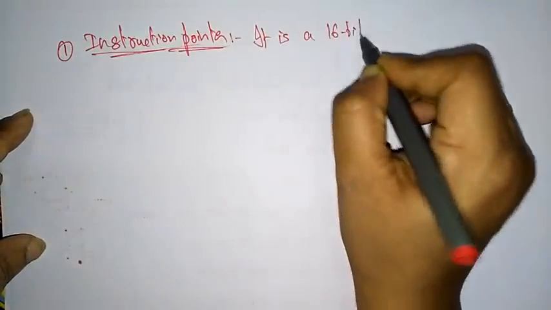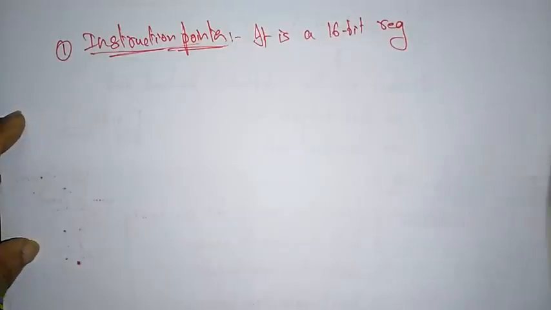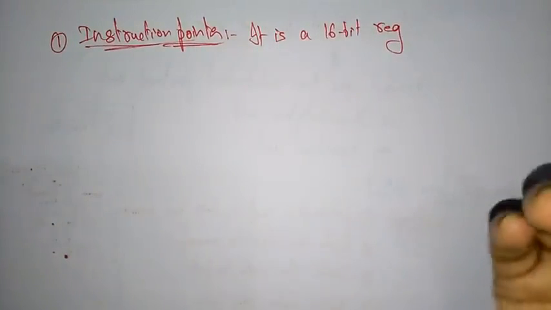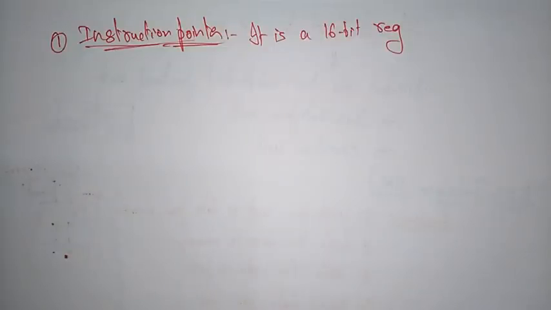It is a 16-bit register. So the instruction pointer itself is a register. Everything, the data is stored and sent, everything will be done with the help of only registers. So you have to talk about the registers. Whenever you are sending the data and retrieving the data and doing the operation, everything will be based on the registers. In the registers you have the data in the form of bits. Don't be confused. Registers hold the data, and that data is everything in the form of bits.